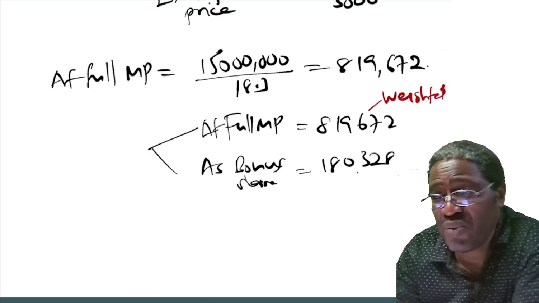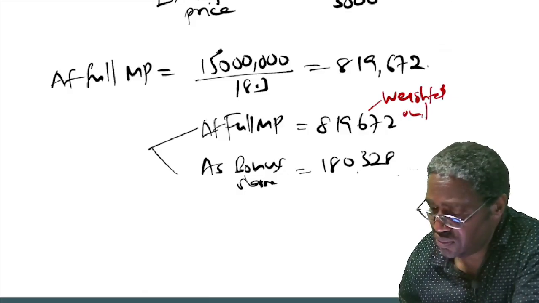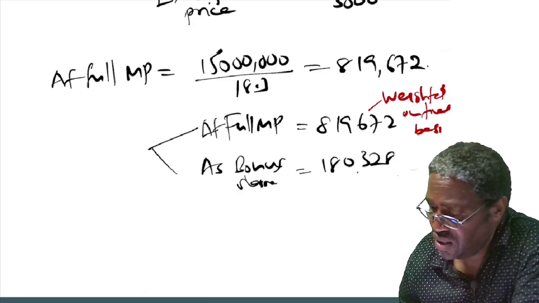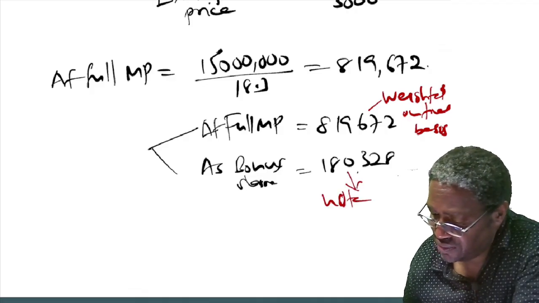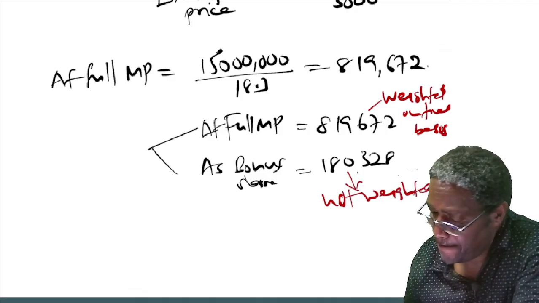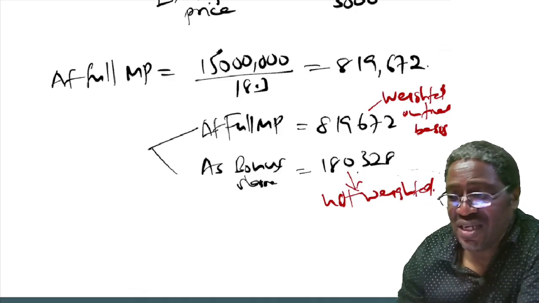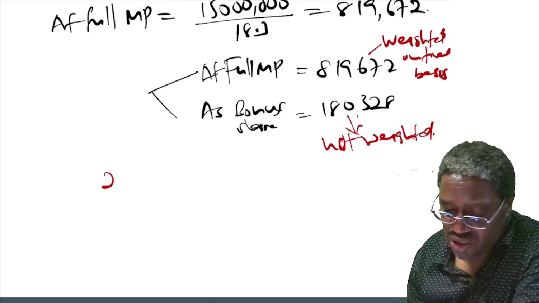Those issued at full market price must be weighted on a time basis. Those issued as bonus are not weighted. Good. Listen, which means, same argument, take your 2 million shares